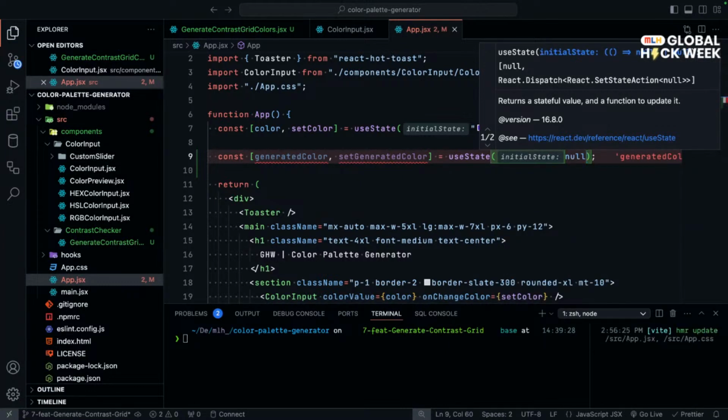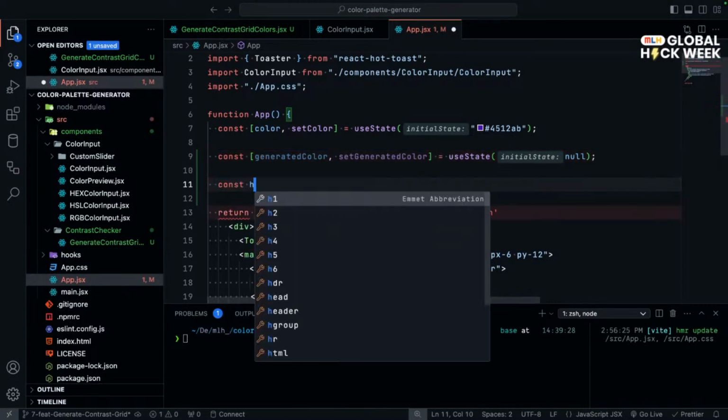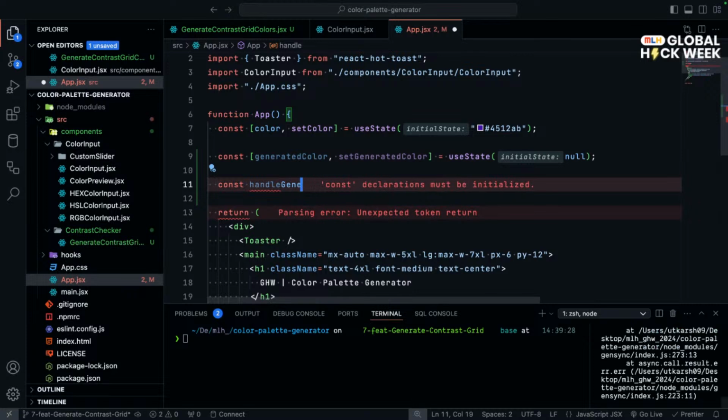Okay, so now what would be the next step? We should validate the colors, but before that, we can add a handle generate colors function, because we are going to click on a button. So I guess we could do that. Let's do that. So we can say const handle generate colors,